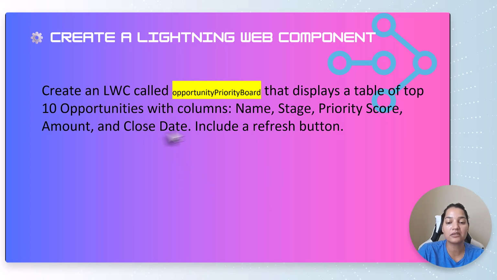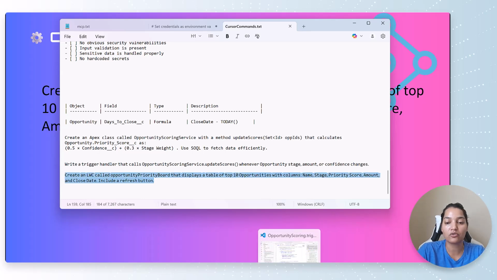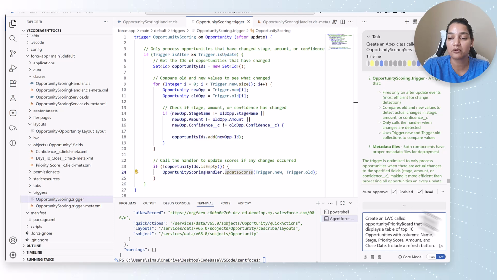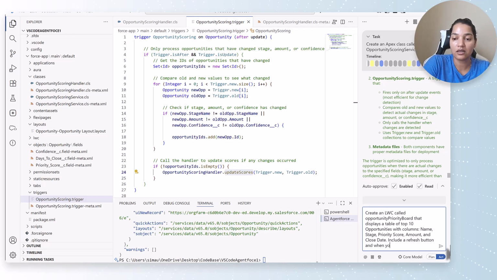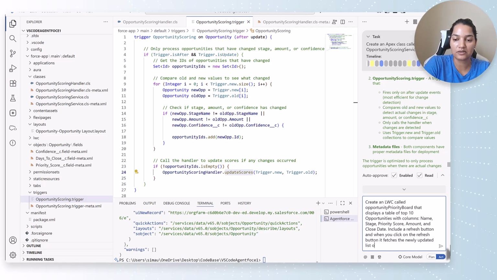So I have copied the same exact prompt into my notepad here, and I will go ahead and copy it from here and go to my Visual Studio, and inside of my Agentforce for developers, I'm going to write this: include a refresh button. And when you click on the refresh button, it fetches the newly updated list of opportunities. Okay,